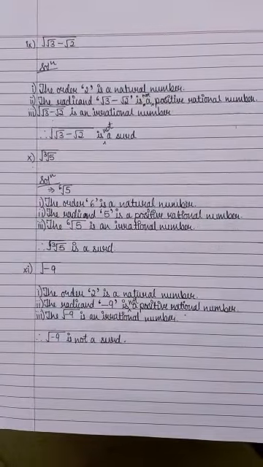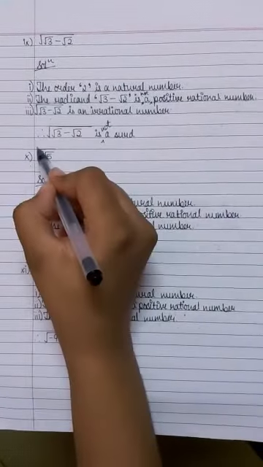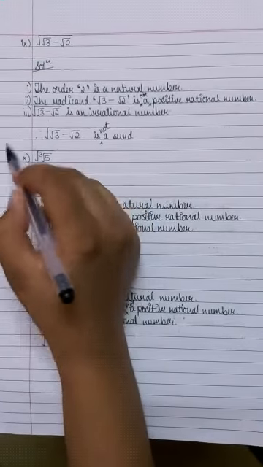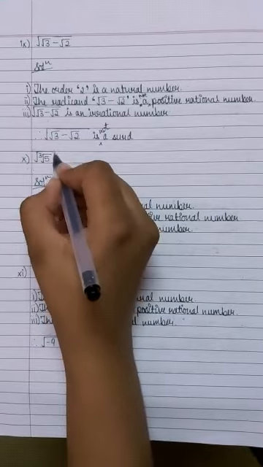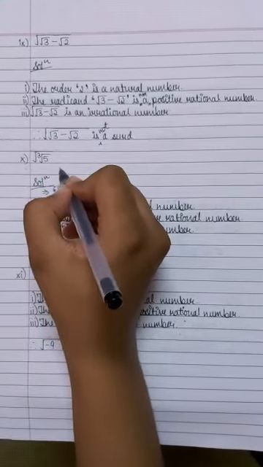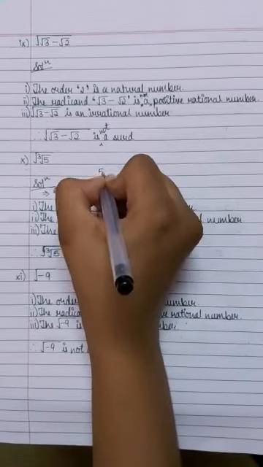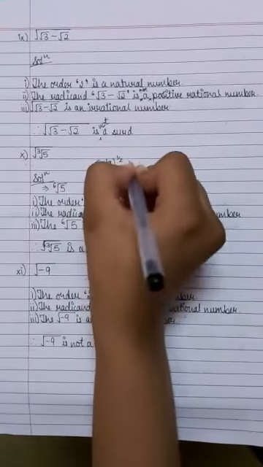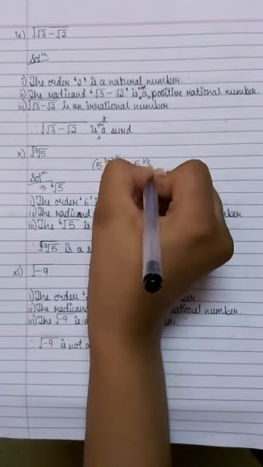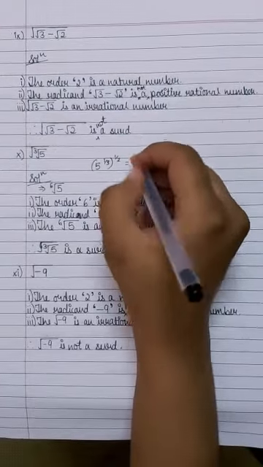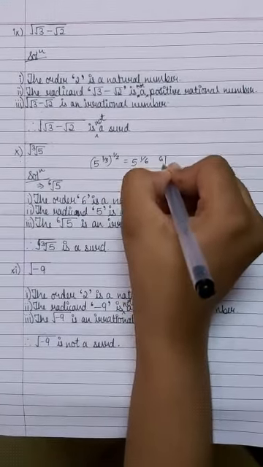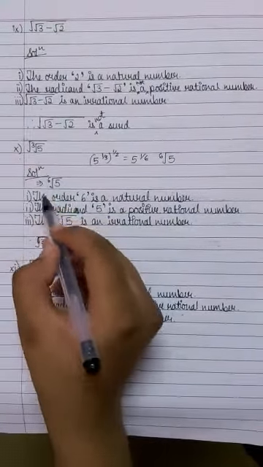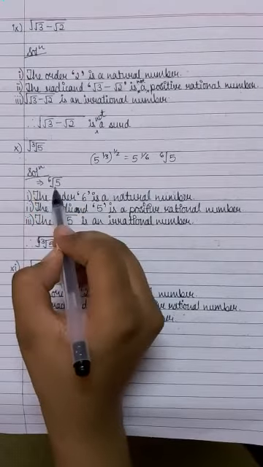So if you have done exponents, you know that whatever is in the root, if we write 1 by whatever the order is, or we take the inverse of the order, you can write it as a power. Now to calculate, what you can do is write 5 to the power 1 by 3, whole to the power 1 by 2. That is going to be 5 to the power 1 by 6. Now again, take the inverse and put it as a root. So we'll have 6th root of 5. That's what we have taken here. Solution: this number will be simplified as 6th root of 5.